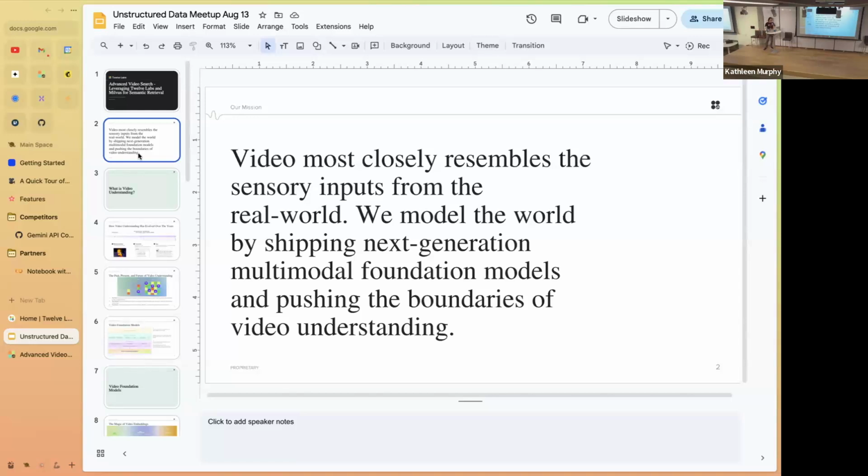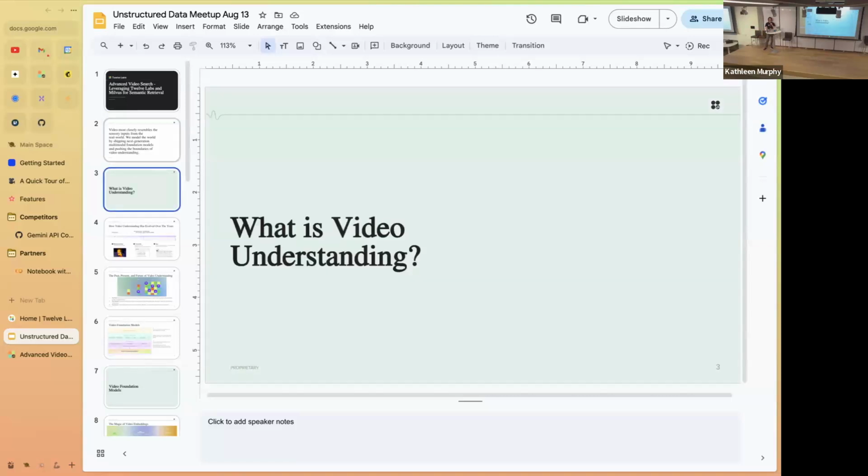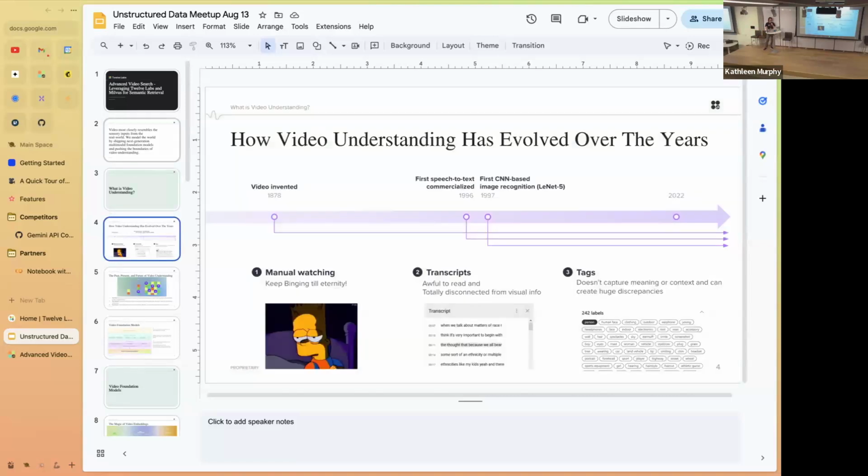Just a quick recap on video understanding for those of you coming more from a text or image background. What is video understanding? This is a very quick slide on the historical evolution of the field. Video was first invented back in the late 19th century, and back then, to consume this medium, you had to manually watch it and try to understand what's going on in the frame.